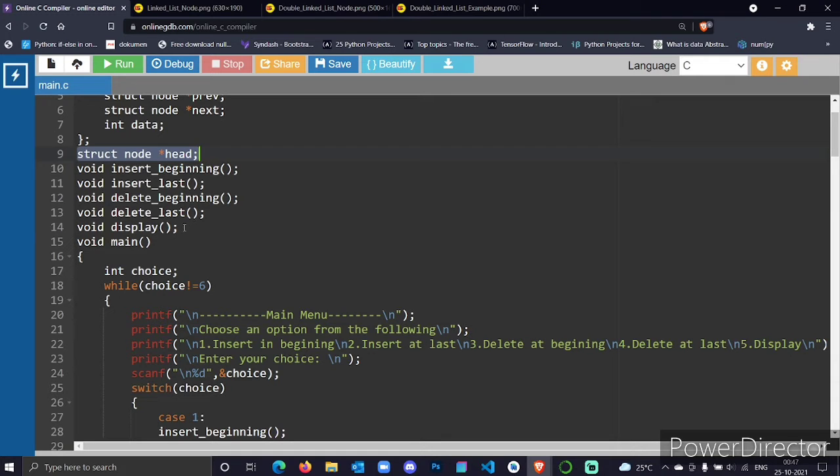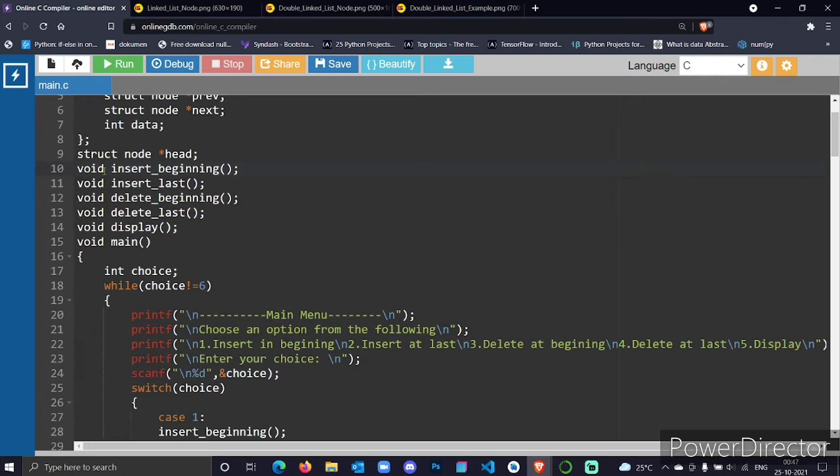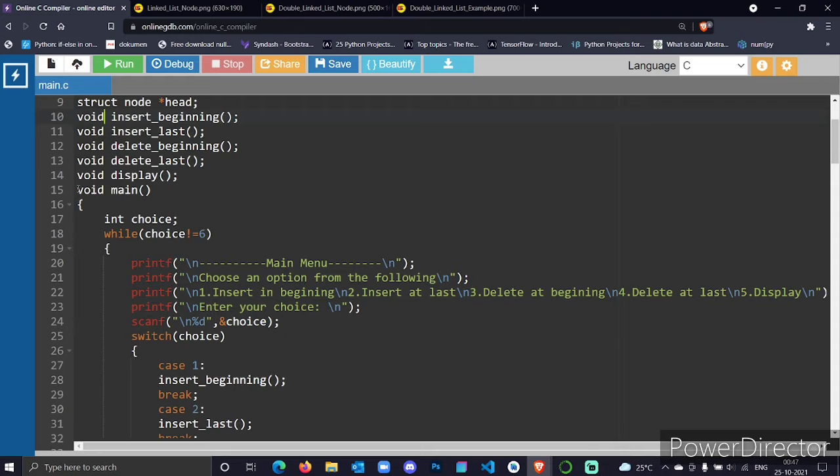And I also have the function declarations. These are the five basic functions that I mentioned, and I have not passed any parameters to these five functions. Moving on to the main method, I am declaring the choice variable, which is of type integer, and